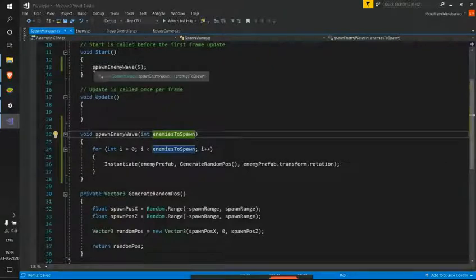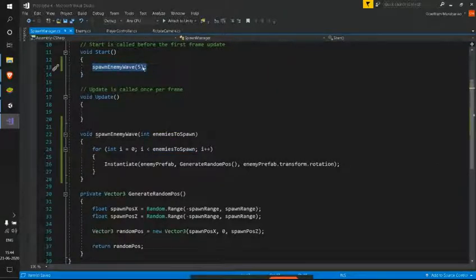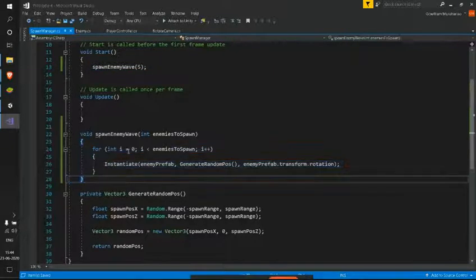And when I call my function itself and give 5, that 5 will be the value of enemies to spawn. So my for loop runs from 0 to enemies to spawn. In this way I'll be repeating this loop 5 times, right?